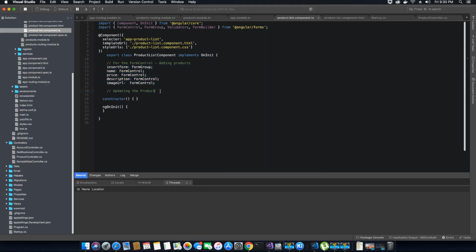So what I want to do is I'll go ahead and create those. So I will add these properties here. So I have another form which will be inside the model, and we will use that to update a product. So we have a form that will add a new product, and we have a form that will update an existing product. So the update form will be called update form and is a part of form group,